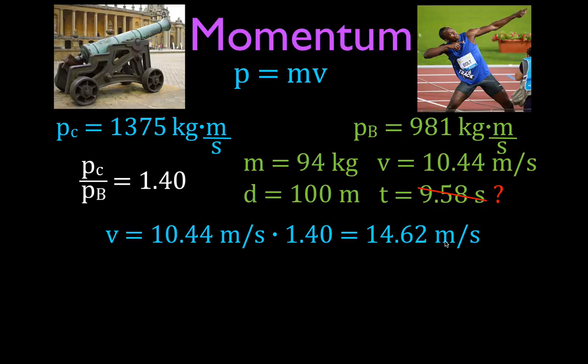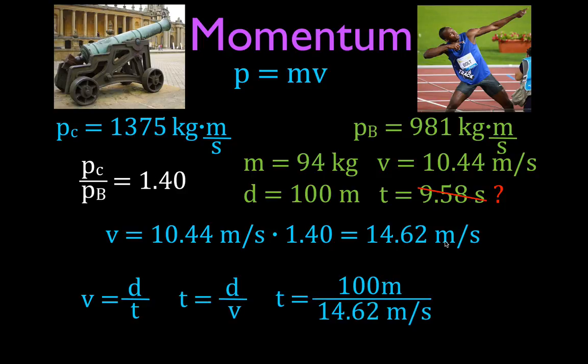But what would his time actually have to be to achieve that velocity? We can use our equation for the velocity as the distance divided by the time, or the change in position over the time. We want to know the time, so we rearrange to get the time as the distance divided by the velocity. The distance is 100 meters, and his velocity, which we calculated up here, is 14.62 meters per second. That means that he would have to complete the 100-meter dash in a time of 6.84 seconds in order to have a velocity of 14.62, which when multiplied times his mass of 94 would give it the same momentum as